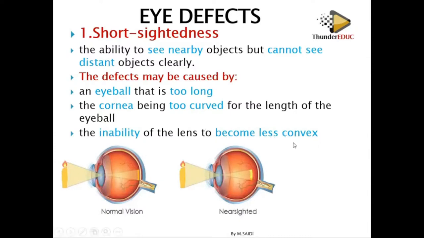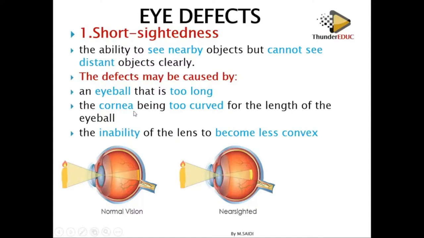So if it becomes less convex, then the light will be bent more, and then it forms in front of the retina. In normal vision, the image is supposed to form right at the retina. But now, number one, the eyeball is too long, so the image does not form on the retina. It can't move the distance of the eye to finish this distance, so it forms in between. The focal length of this lens is not at the retina, it is in between here,